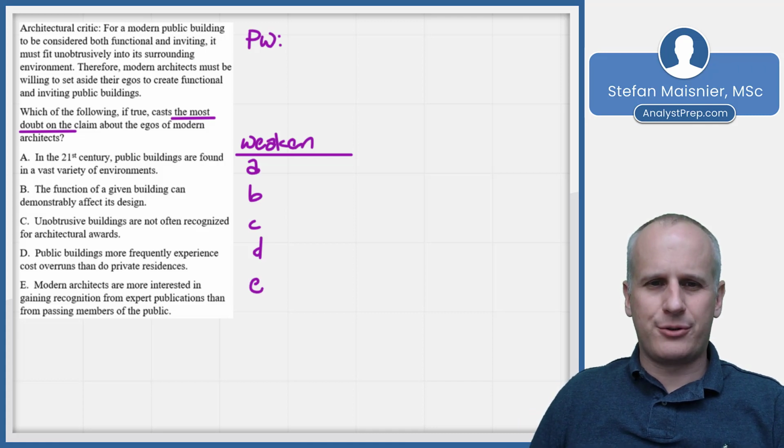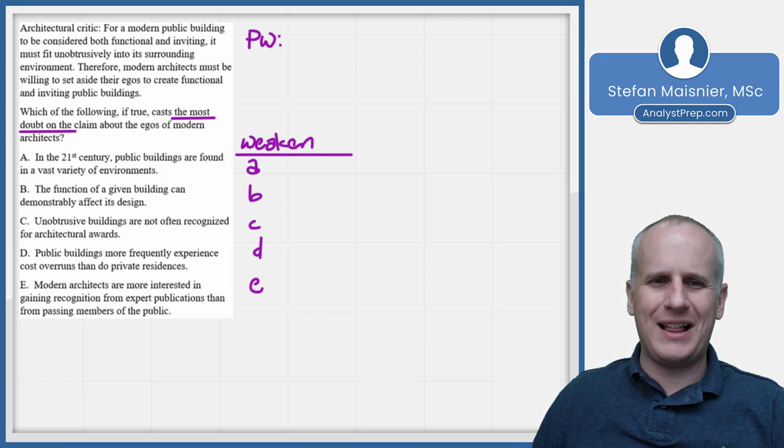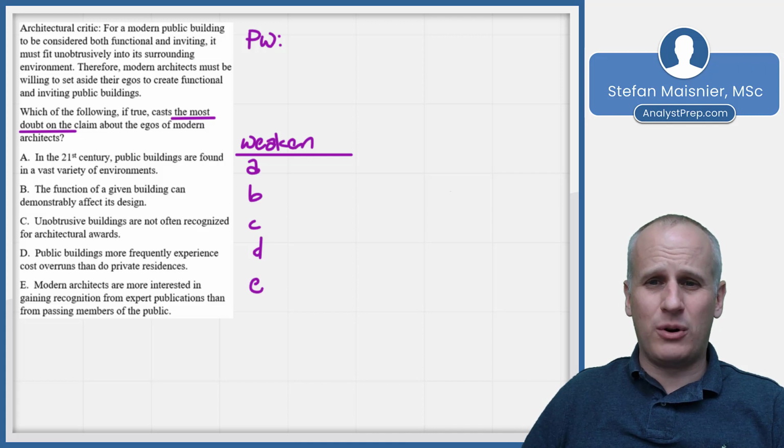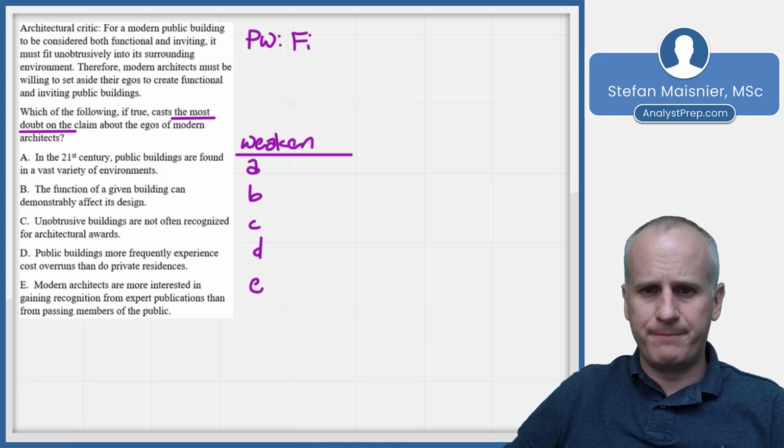An architectural critic says, for a modern public building to be considered both functional and inviting, it must fit unobtrusively into its surrounding environment. Therefore, modern architects must be willing to set aside their egos to create functional and inviting public buildings. So there's really not a whole lot to go on here. So we might be held to our standard: find info